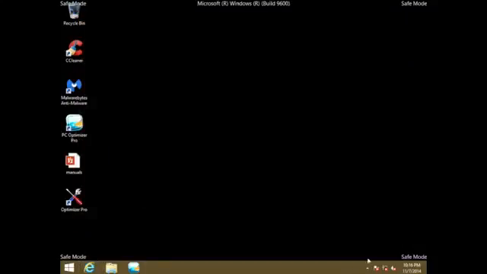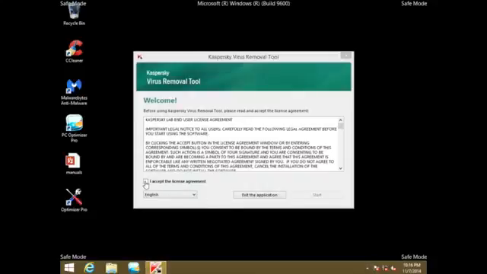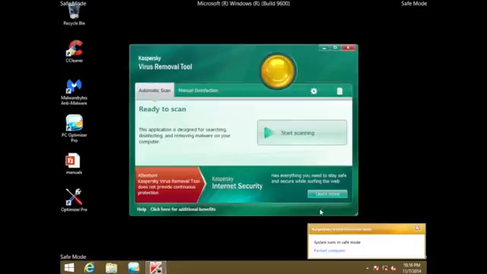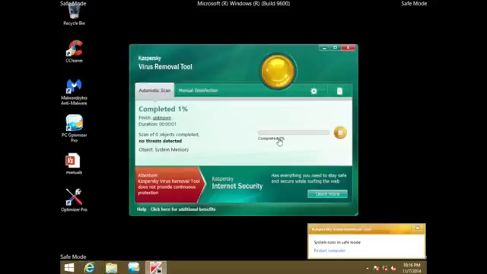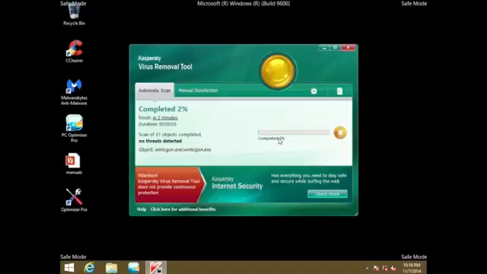And we can close out of this because it's installed. Alright, so hit agree and let's start. And just close out of that and hit start scan. And this is another quick scan. We're trying to get all the rootkits out so the viruses doesn't keep reinstalling itself, so it's good to run